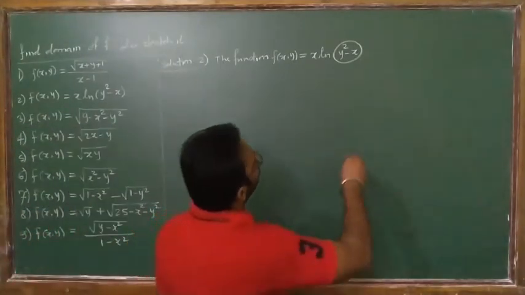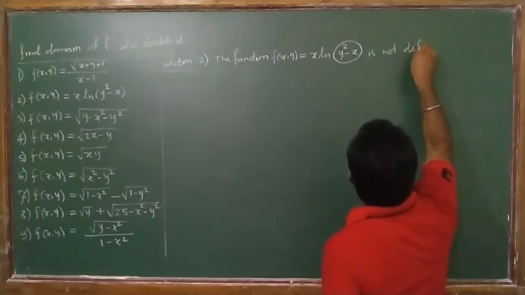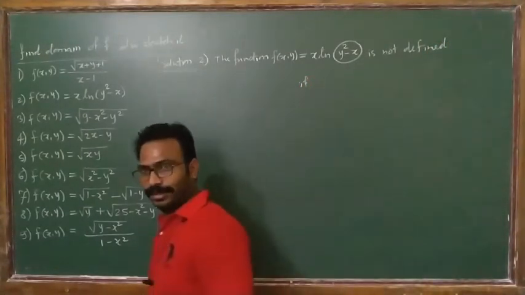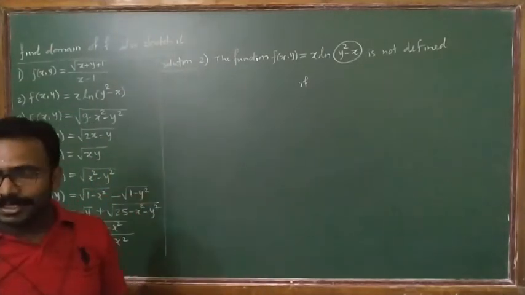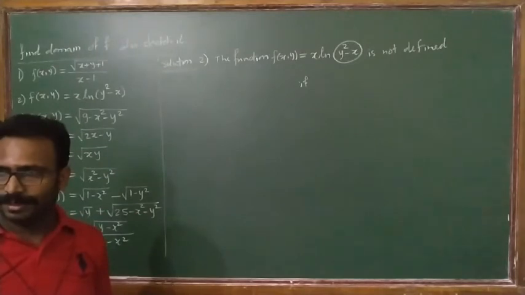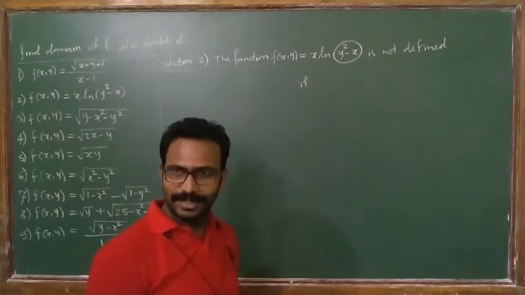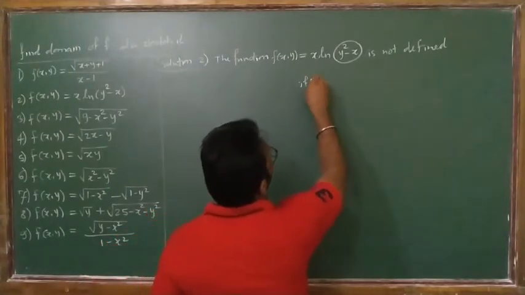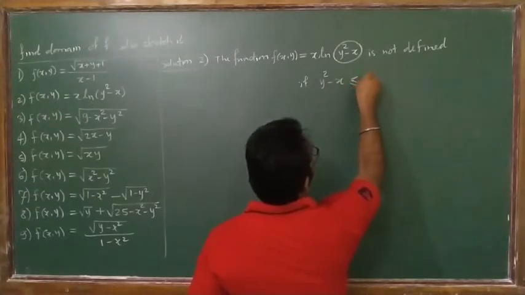So this function is not defined when the quantity inside this bracket is negative or 0, because the domain of the logarithmic function in one variable is the open interval 0 to infinity. So if this y square minus x is negative or 0,